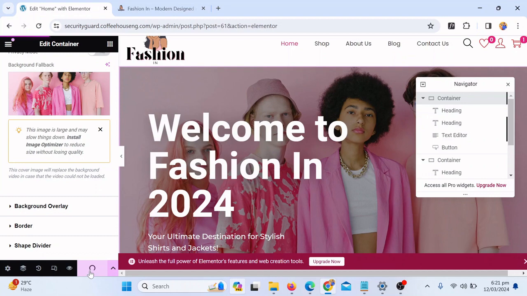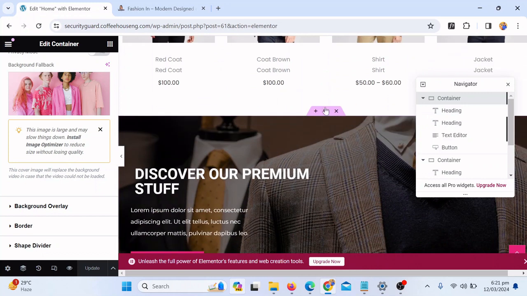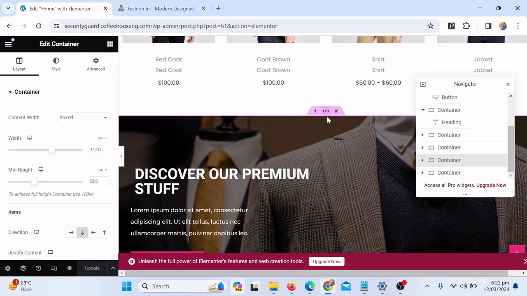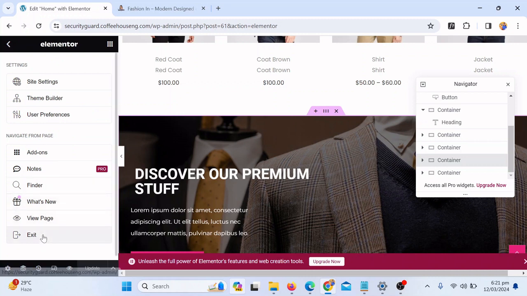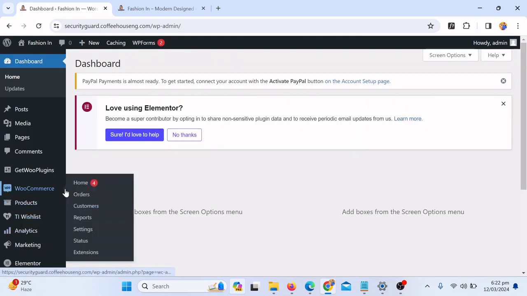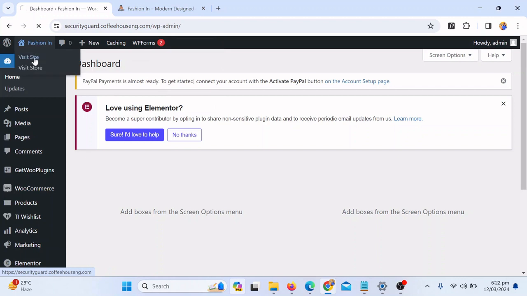Just click on update. And once you are done with everything on your website, from whatever you want to change, from here if you click on these 6 dots, go to the style, then you can change also the image. Once you are done with the stuff you're going to change, then just click on these 3 lines on the top and click on exit. And now you will exit from Elementor, and you will see the changes you have made so far. So what we have done, we have changed the text on the home page, and we have removed the video. So if I visit the site,